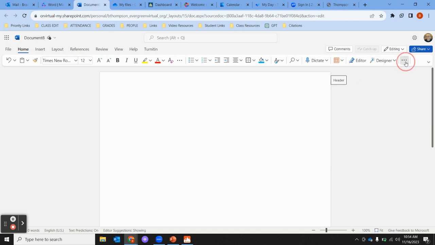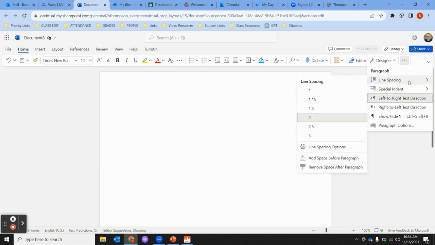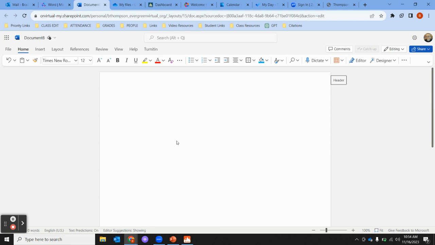And if I go back there, I want to make sure that I don't have one of these that says add or remove space after paragraph. If it says remove space, I definitely want to remove that. So we want to get that out of there so it's not giving me extra spaces that I don't want. So now that I know I'm Times New Roman, 12-point font, double spaced with no extra spaces,